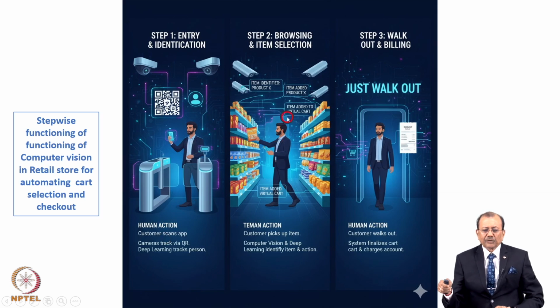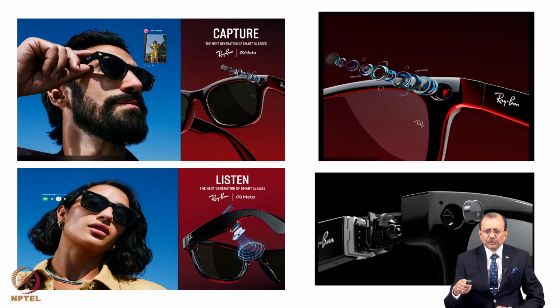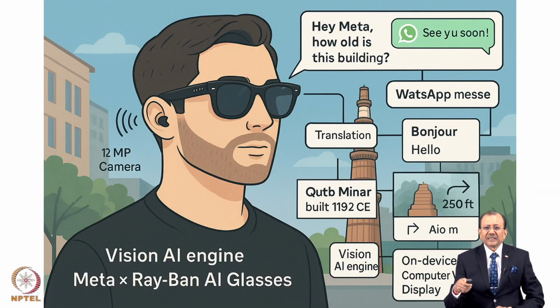But you see that technology is always in play. Cameras are always watching this person in action, and then a debit or credit card is charged for the goods he has purchased. A very latest example: Meta and Raymond have joined hands, and they have launched a new type of spectacles which have, I will say, magical kinds of functionalities. Like I am wearing my spectacles, they only provide me eye vision, they correct my eye vision. But the intelligent spectacles which Meta and Raymond have come out with have multiple other facilities.